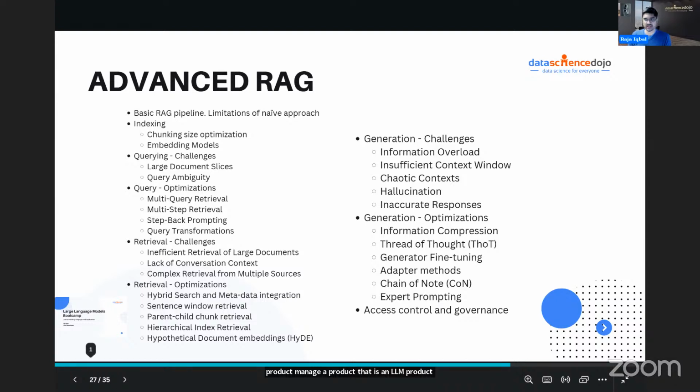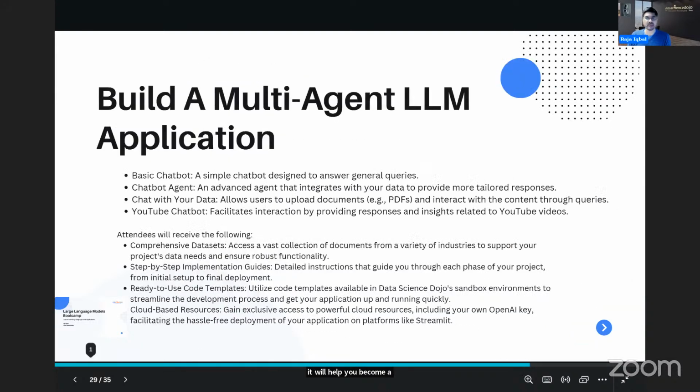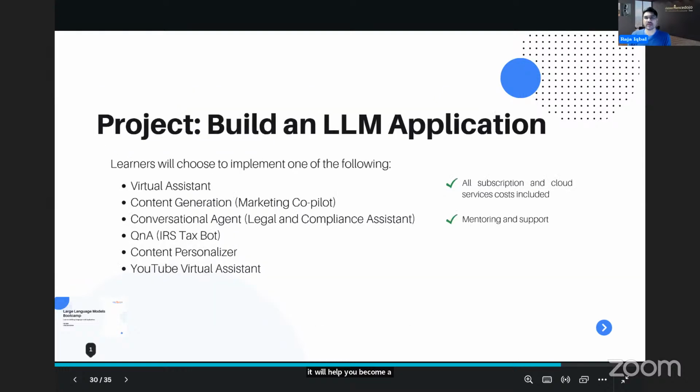There are so many landmines when you're building these applications. It will help you become a very seasoned, very experienced product manager, in the sense that it will give you the technical underpinnings of LLMs if you go through the bootcamp.